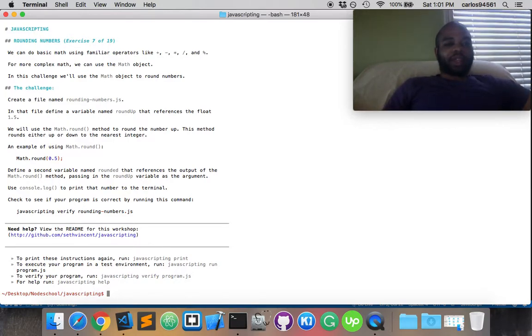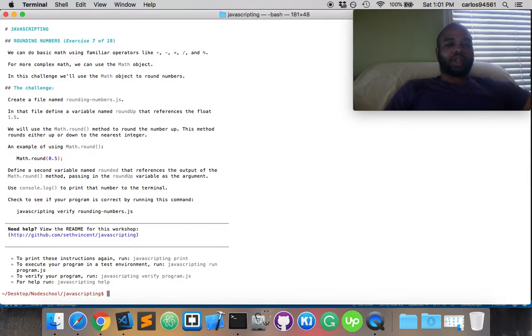We're going to do basic math using familiar operators like plus, minus, multiply, divide, and parentheses. For more complex math, we can use the Math object. In this challenge, we'll use the Math object to round numbers. The challenge: create a file named